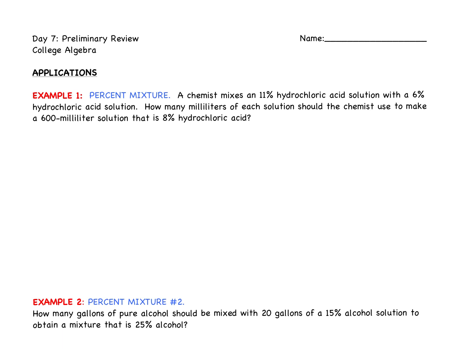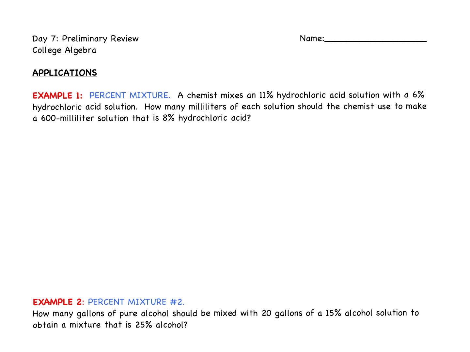So the first type of word problem that we're going to review is the percent mixture problems. A chemist is mixing some compounds and making a new compound of some type. So let's jump in. A chemist mixes an 11% hydrochloric acid solution with a 6% hydrochloric acid solution. How many milliliters of each solution should the chemist use to make a 600 milliliter solution that is 8% hydrochloric